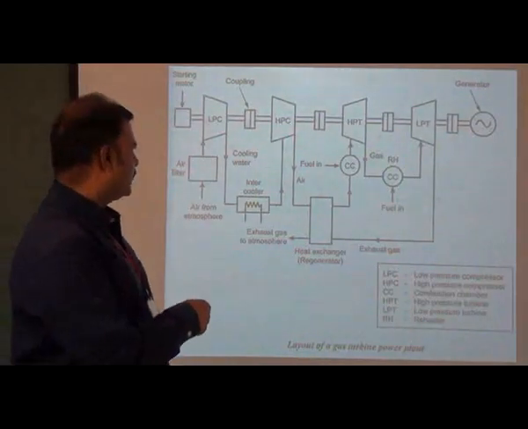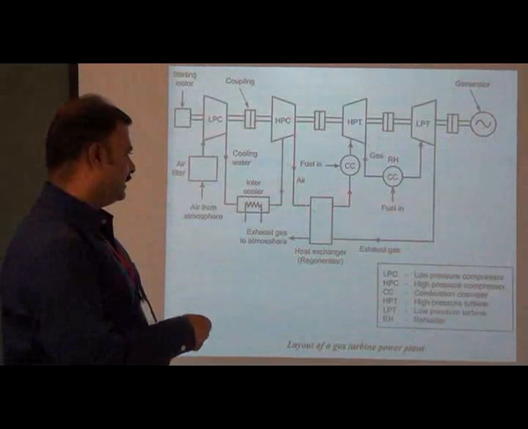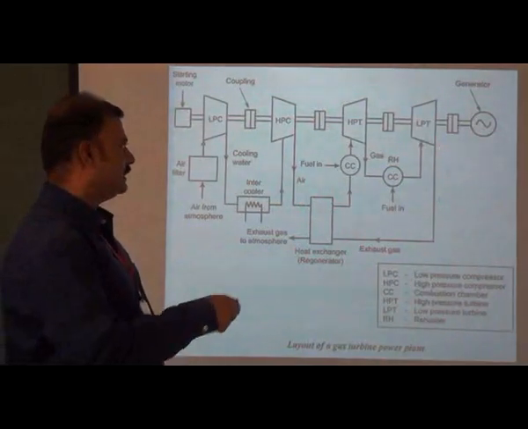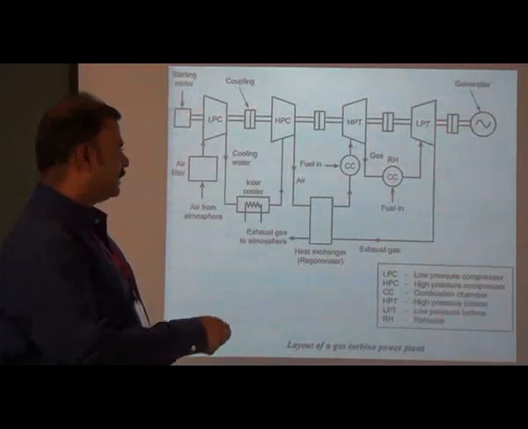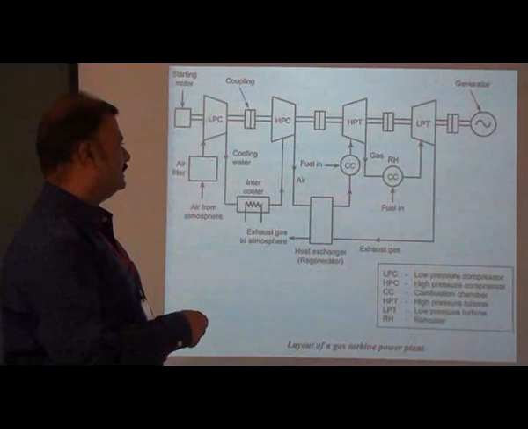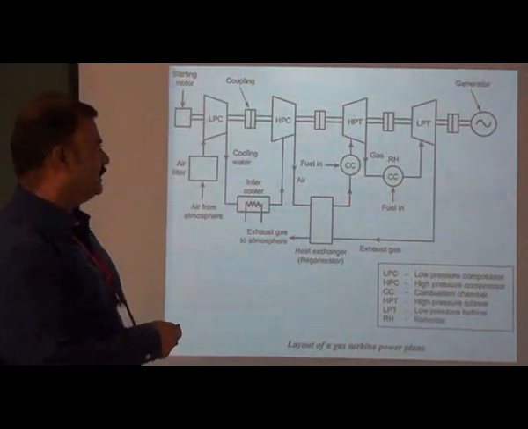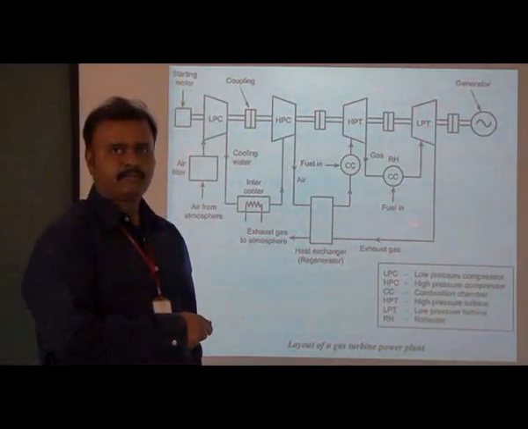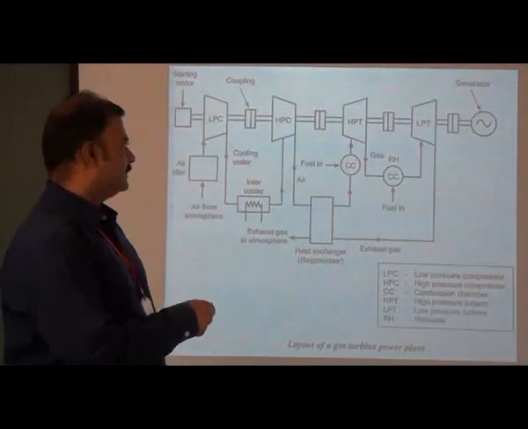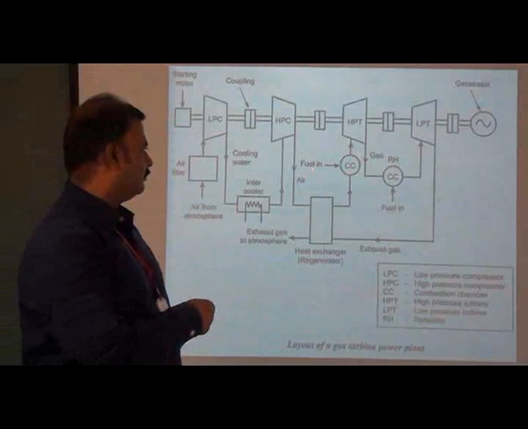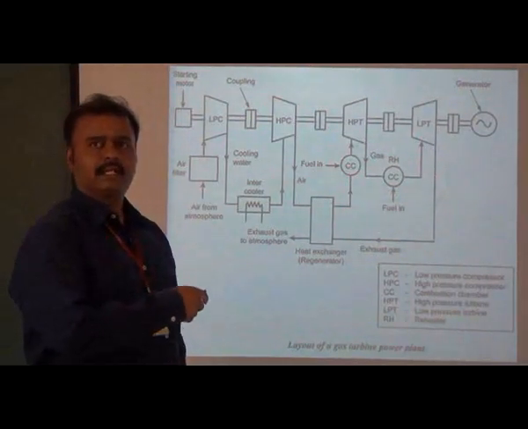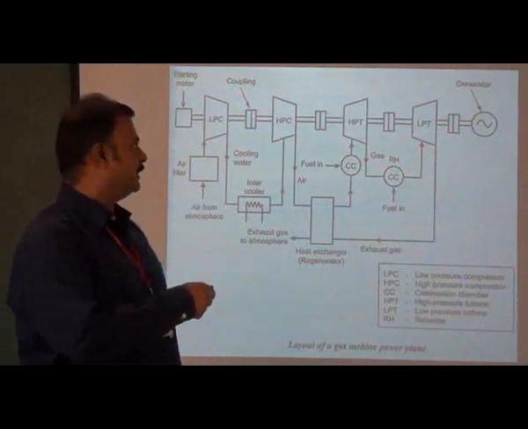So the air coming from the high pressure compressor is heated in the regenerator, because the regenerator is a heat exchanger. The exhaust coming from the turbine passes through the regenerator. If the air is heated in the regenerator, we know that the efficiency of the combustion is higher, because we are supplying the air to the combustion. So this is the combustion chamber, where the fuel is injected. Already the air is heated, so the combustion takes place in the combustion chamber in a very good manner.